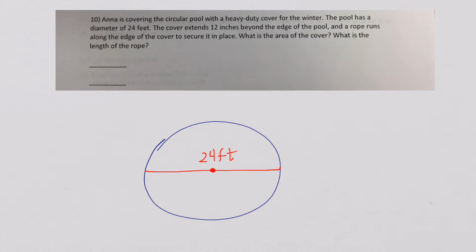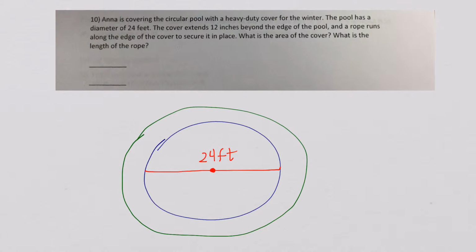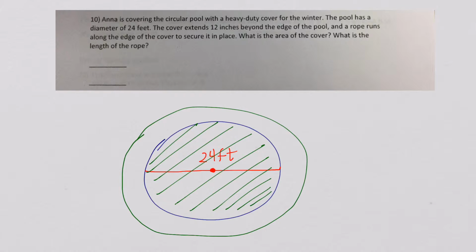We also know that this pool has a cover, and the cover is 12 inches beyond the edge of the pool. So let's go ahead and draw in our cover. The cover is in green, and you can imagine that because it's the cover, it is covering the pool, just like this. We know that it extends 12 inches beyond the edge of the pool, so we can extend it in our diagram like this. So take a look right here. I'm going to extend it